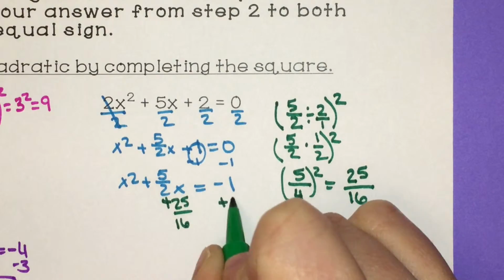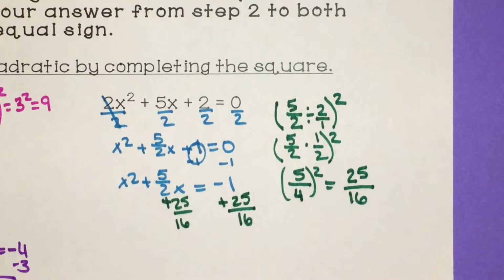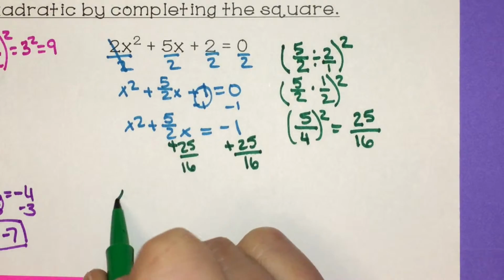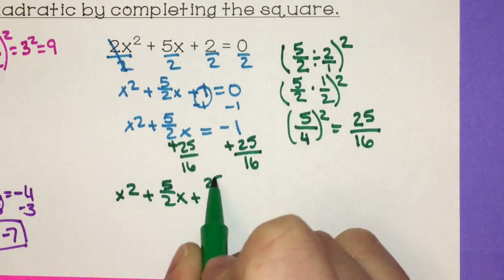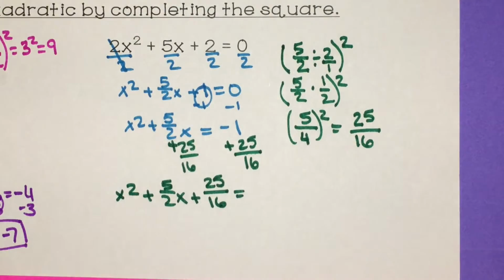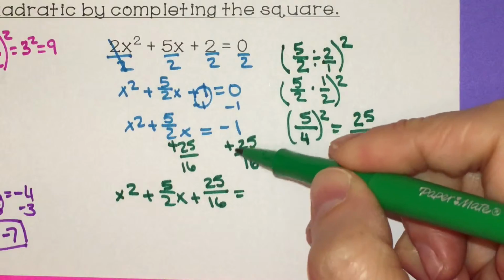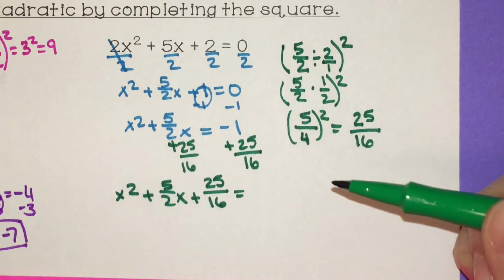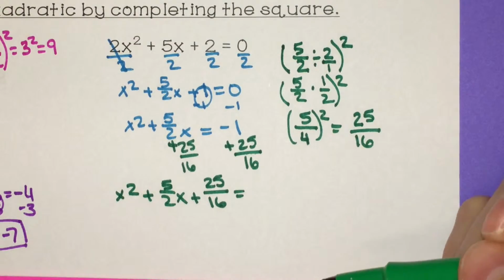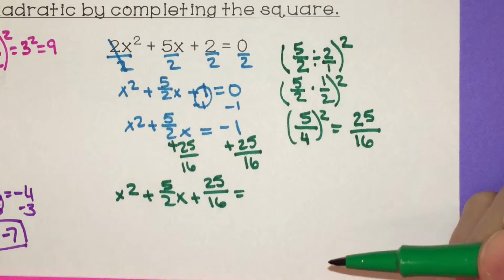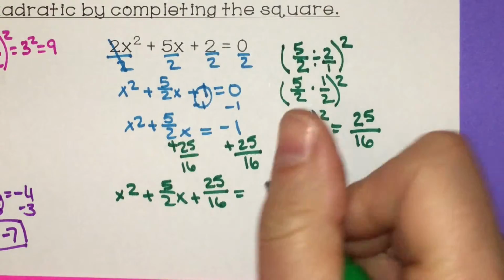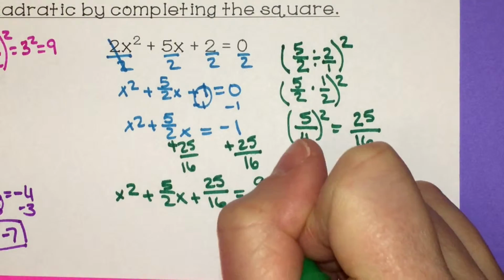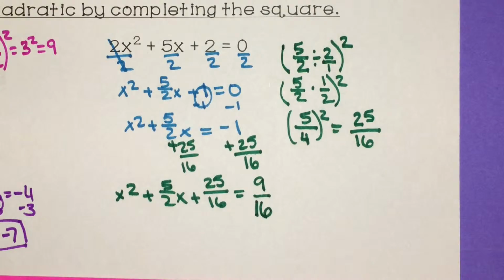25/16 to both sides. So this reduces to x squared plus 5/2 x plus 25/16 is equal to, let's see, -1 plus 25/16. Well, -1 is -16/16 plus 25/16, which leaves me with positive 9/16. All right, so now